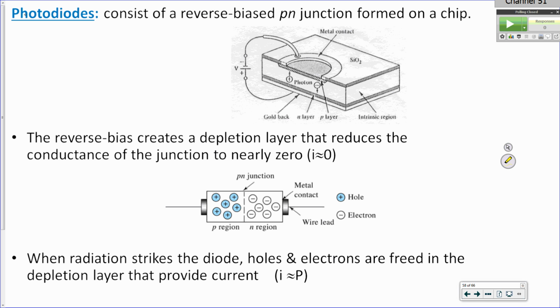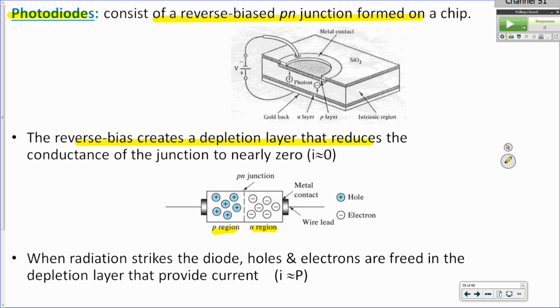Yeah. So it's a reverse-biased PN junction diode, like we talked about diodes earlier. In the forward direction it conducts current. In the reverse direction, it doesn't conduct any current until you hit the breakdown voltage. The way that these work is you use it in the reverse bias mode, and you have a depletion layer formed. So if you think of the N region and the P region, where the charges are separated from one another,